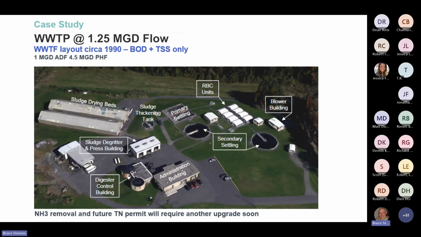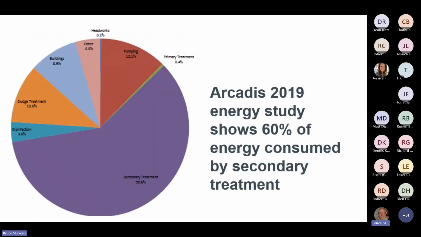So the new flow is going to be 1.25 MGD, and it's going to require ammonia and nitrogen removal after the upgrade. So Arcadis did a study on this plant, and it confirms what we all know. 60% of the energy consumed is secondary treatment. So it's a big number that we're going to be able to hopefully help them with and reduce significantly with